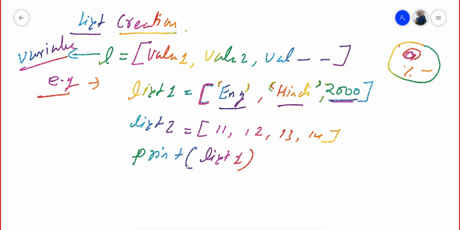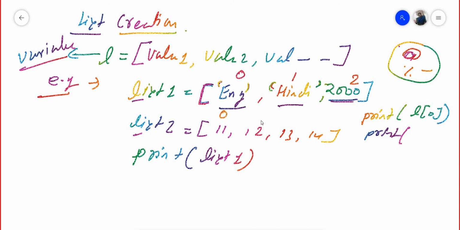Suppose now you want to print a different value. See here: print L[0]. I have told you recently. I have defined L, not written list, I have taken L only. So L[0] means this is 0, this is 1, this is 2.